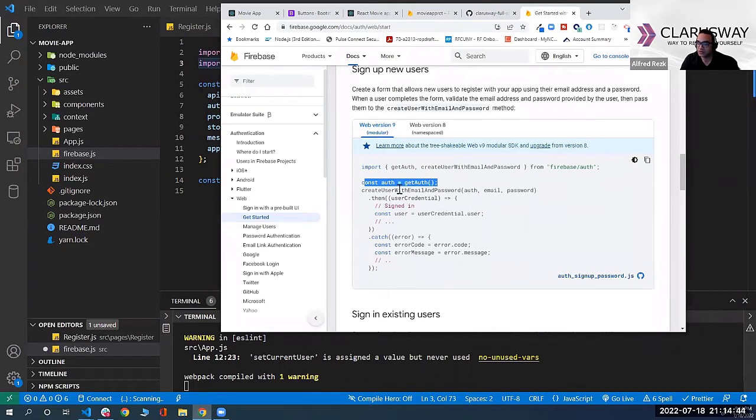Now, const auth, get auth, and create user with email and password. You take three things: the auth reference, because when you use get auth here, it gives you back a reference to your authentication application, and you need that reference as the first argument, then an email and password. Okay, and you can see that this function is an asynchronous function, that you'll get back